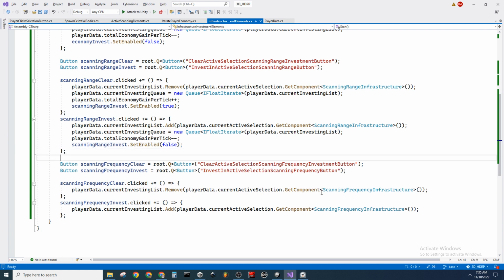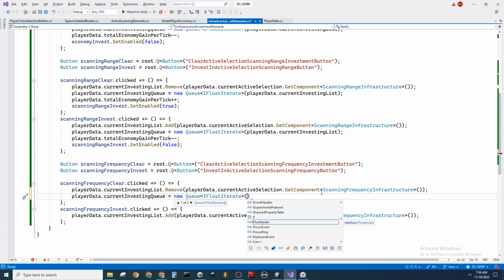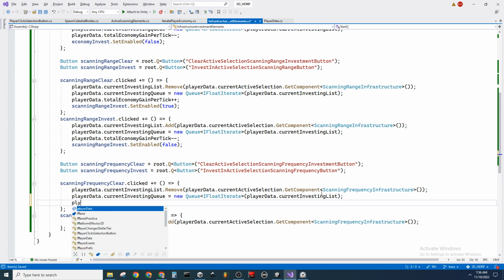Alright, so we might as well just hook up this one. So for the frequency clear, we're going to remove the frequency. That's still correct, but we have to reassign the queue. We might just be able to use the current list of options, and then this does in fact increase the